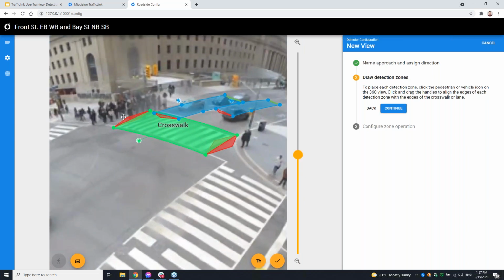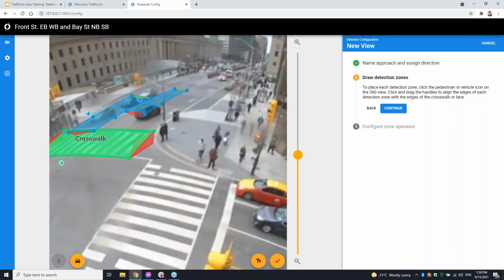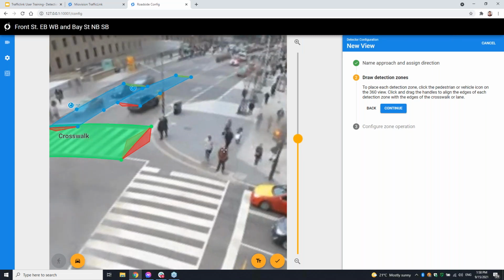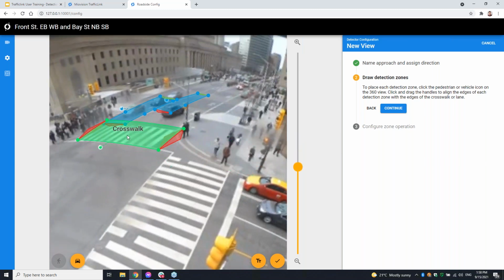But in any case, you draw the crosswalk zone, and you'll notice that there's duplicate arrows on both sides. This is because this zone is looking for pedestrians going in both directions. It allows us to count how many there are and which direction they're going. And if you're interested, we've also been doing extensions based on pedestrians still in the zone, doing pedestrian zones as a push button replacement from the corner of the intersection. So if it was something like this, but smaller, that is something we're exploring. We do have a couple of pilots going.